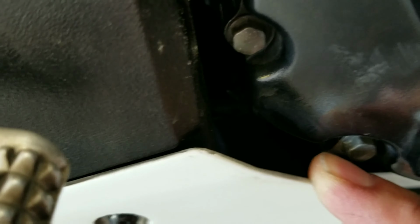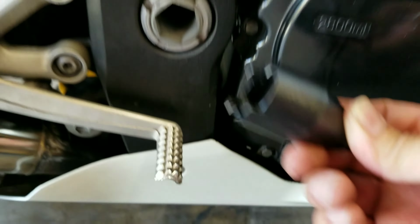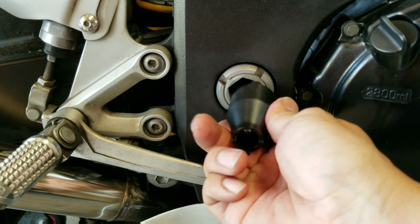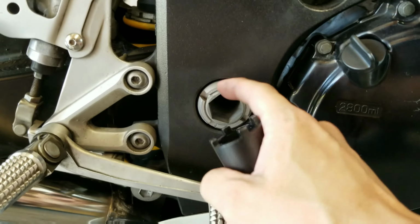I'm not sure if you're gonna be able to see this because it's kind of dark, but you have one down there. 2 castle nuts. This tool takes off both of them. This tool does not fit your swing arm, so just to let you know, the swing arm bolt is a lot bigger, and so you would need to purchase another one if you were ever